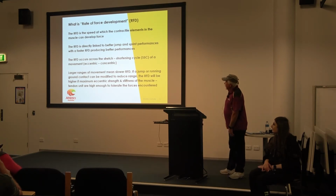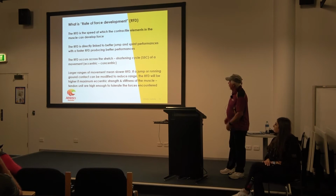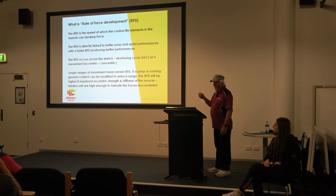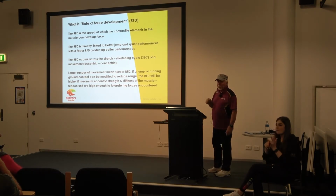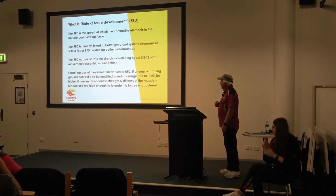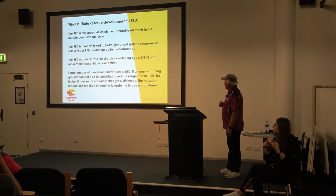What is the rate of force development? So that's the speed at which the contractile elements in the muscle can develop force. And that means more motor units or bigger motor units being used to recruit these. The rate of force development is directly linked to better jump and sprint performances, with a faster rate of force